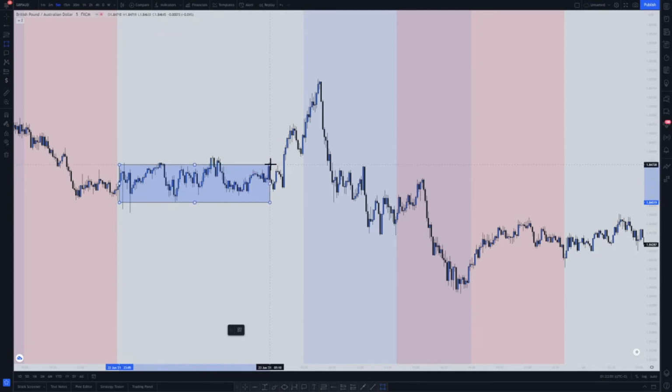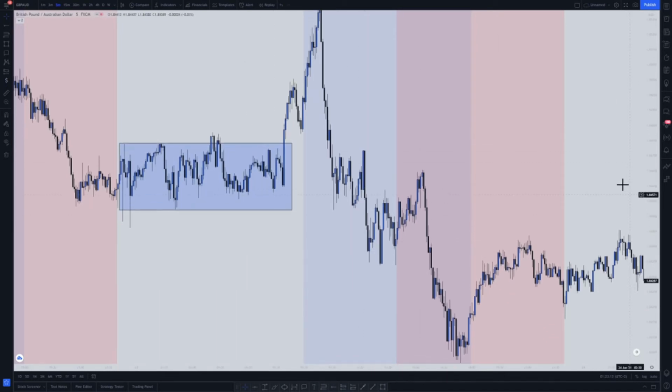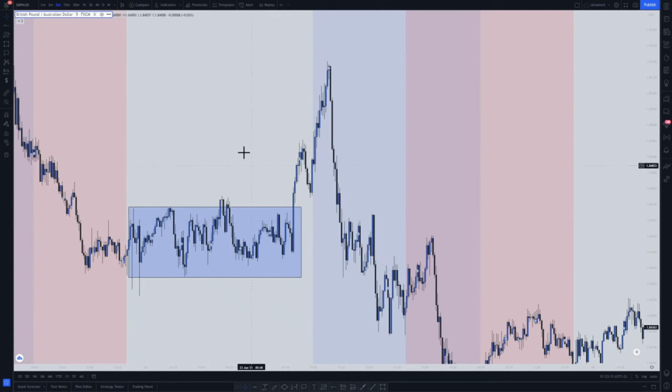Okay, let's do this. Perfect. So this is a range, which is the Asian session range. We obviously won't trade it. Okay. Then over here we have a break of structure. This is what I'm showing you right now will be a pre-London trade. Then we have a break of structure over here. As we have a break of structure over here, we would wanna have a pause, then we will take our